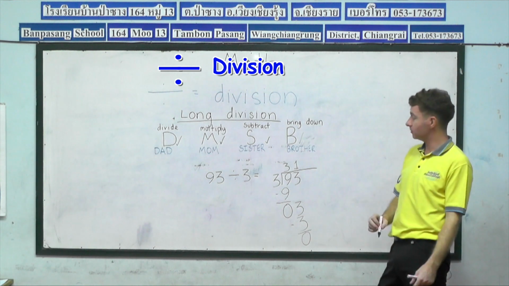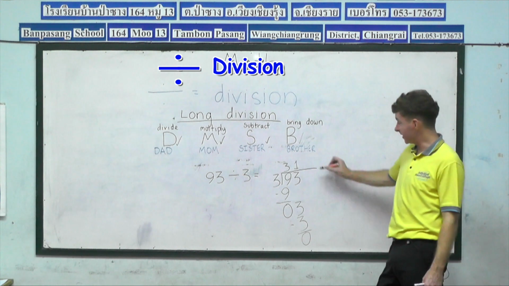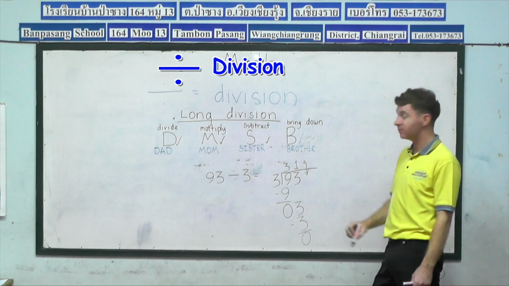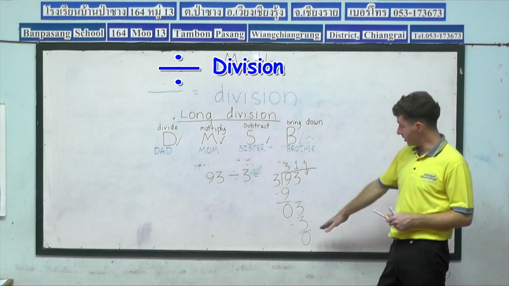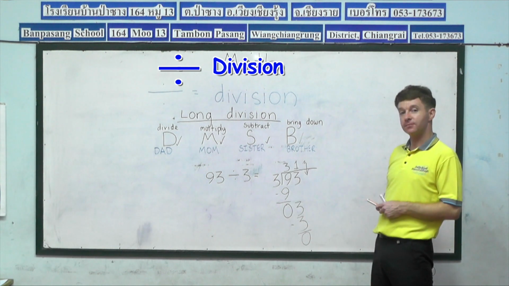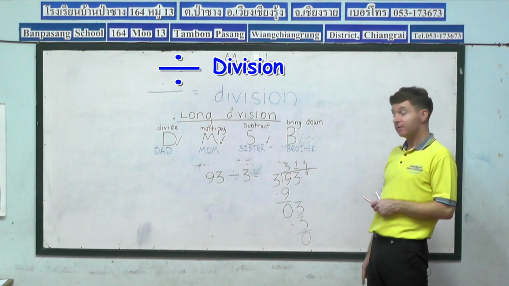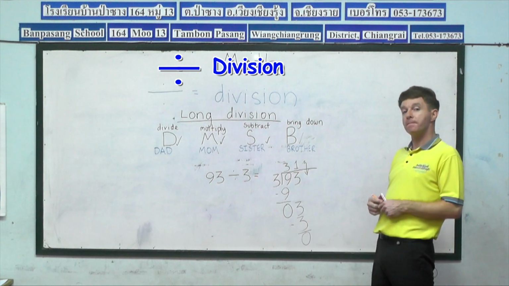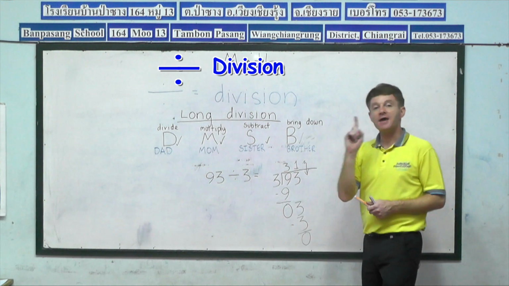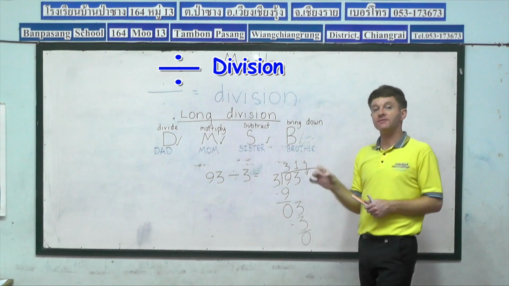And what's our final step? Bring down. But there's nothing to bring down, so we're at the end. And we know now we have the correct answer. 93 divided by 3 equals 31. And if ever you want to be double sure, if you ever want to check your answer, remember